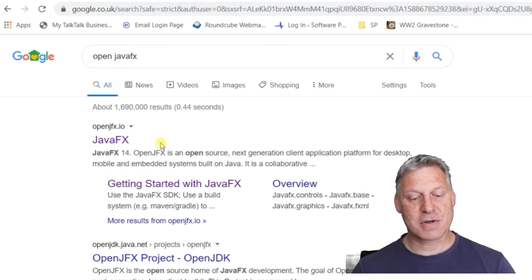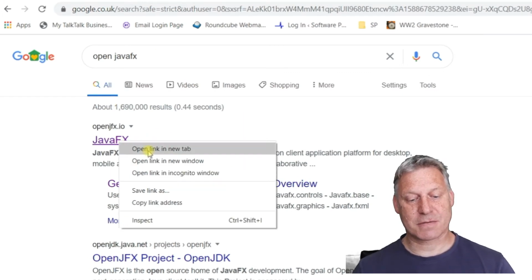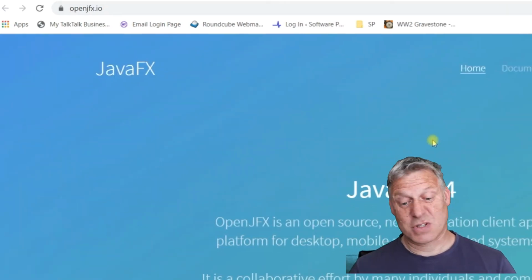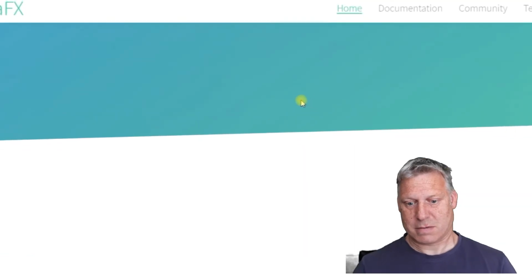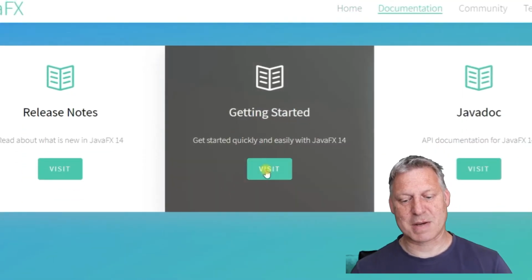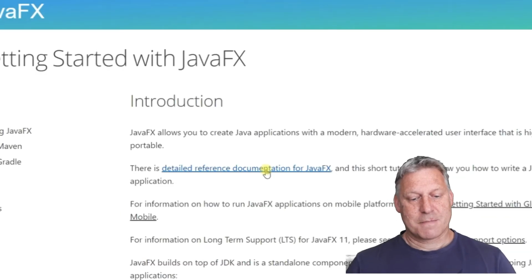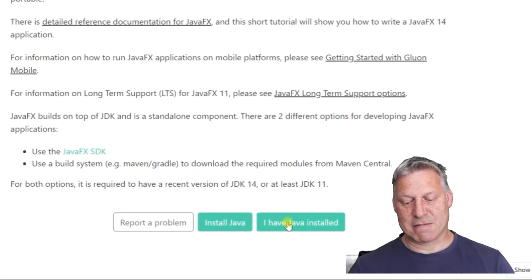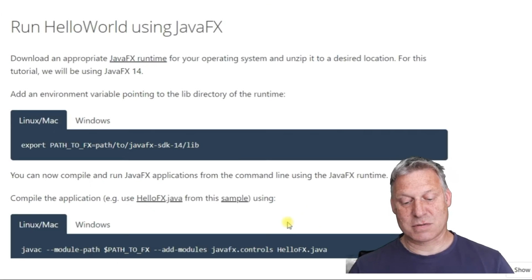So OpenJFX.io. I'll open that up in a new window, and that brings me to this site, which every time I see this I struggle to work out where I'm going. But anyway, what I'm looking for is something that says go here to download. So I pick "I have Java installed", which brings me to this page, and download